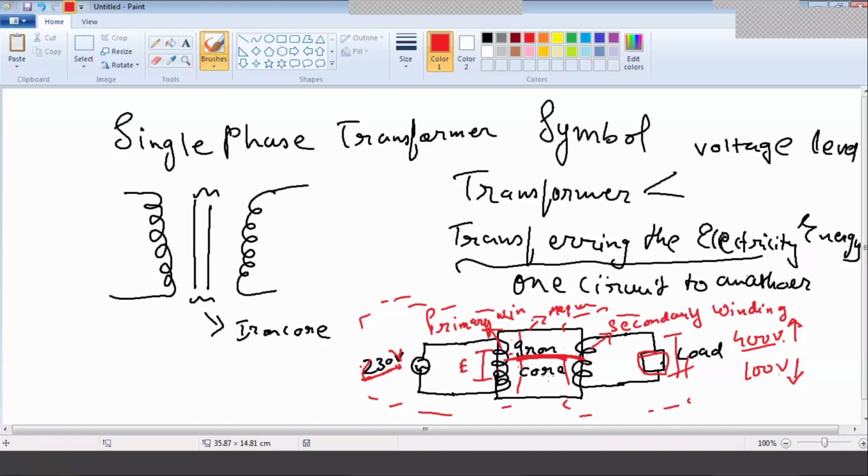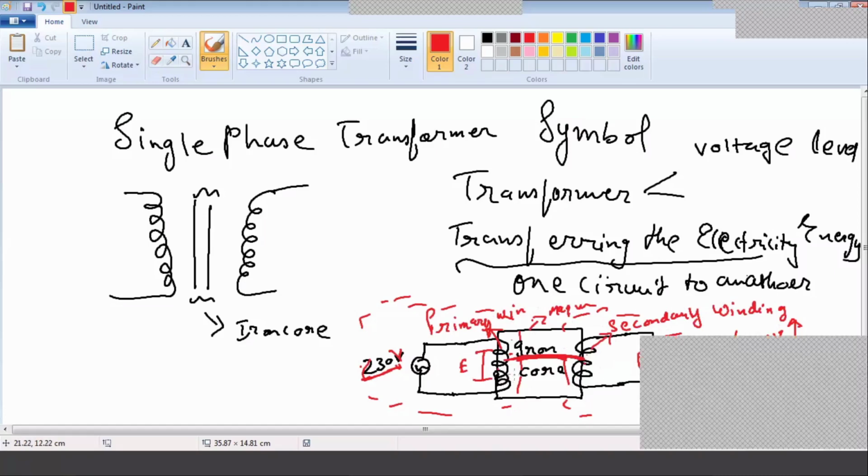Okay. So if the number of turns in the secondary is higher than the primary winding, that means your transformer will work as a step up transformer. It will give you increased voltage in the output. If the number of turns in the secondary is lesser than the primary, it means your transformer will work as a step down transformer.